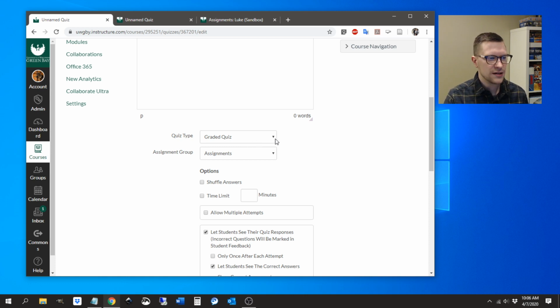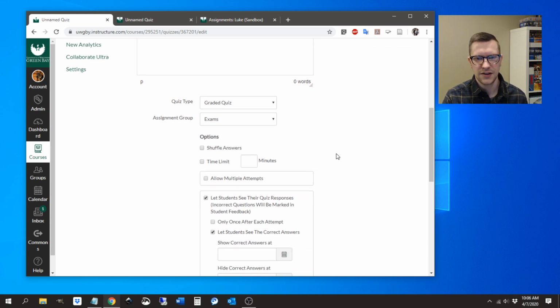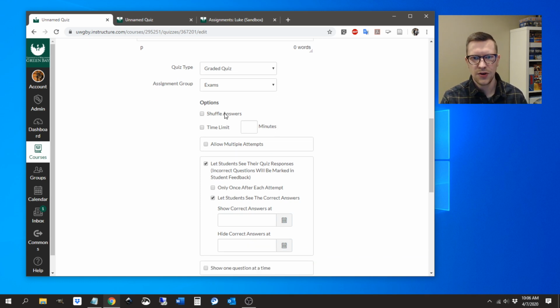So some people get a little bit confused because back in the day when we had D2L, you had to create the grade item and the exam separately and then link them together. In this case, anything that has points on it becomes a grade item in Canvas. All right. And then I have assignment groups set up. So in this case, I'm going to have it as an exam. If you don't already have your assignment groups set up, you can create that after the fact, and then I'll put this in there. Shuffle answers is whether you want the first, second, third, fourth, A, B, C, and D